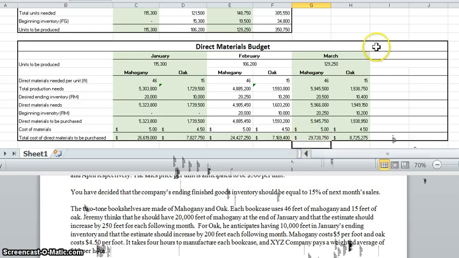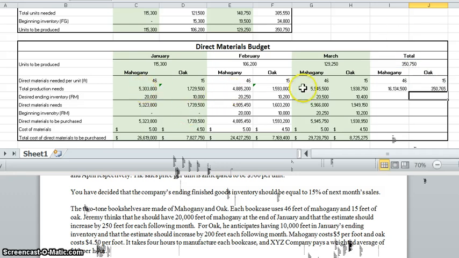All right, now that we have our costs for each month, let's not forget about that total column, just in case we want to know the total for the quarter. So obviously our 3 months added together for units to be produced is going to give us our total. This does match our production budget. These are going to stay the same because it does tell us how much we're going to need per unit. However, this one is going to be based on the total, so you will notice that it ends up being